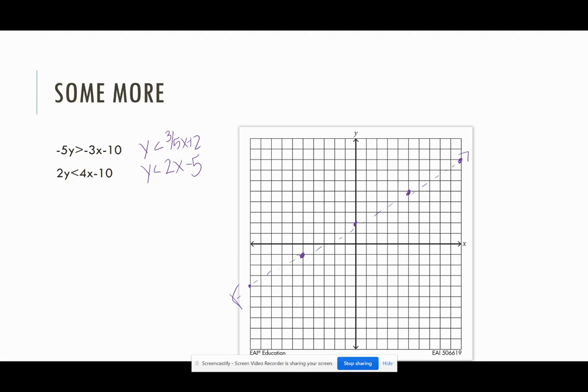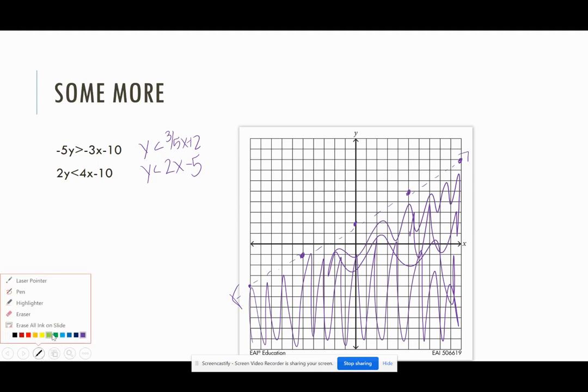If I plug in 0, 0, is 0 less than 2? Yes, so it's going to be shaded down here. And then if I use another color, y is less than 2x minus 5, so down 1, 2, 3, 4, 5, up 2 over 1, 2 over 1, 2 over 1. Down to,